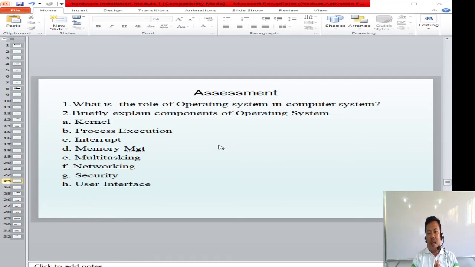I guess that would be all for the first part. I have here the questions for our first discussion. What is the role of an operating system in a computer system? You are going to answer this. And number 2 is briefly explain the components of an operating system. One is kernel,